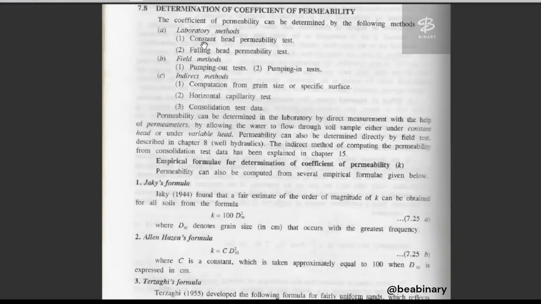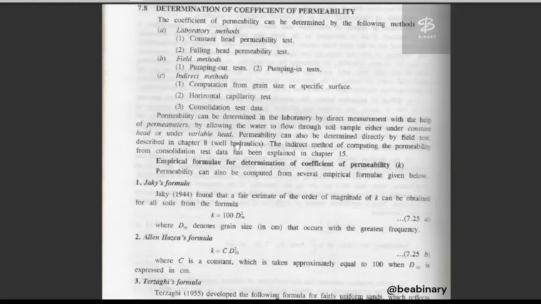So we will learn about the laboratory methods. तो laboratory methods में होता है, first one is constant head permeability method, and second is the falling head permeability test. Okay, so constant पहले हमारा आएगा, इसमें permeability को can be determined in the laboratory by direct measurement with the help of